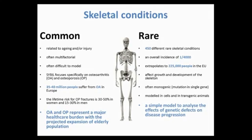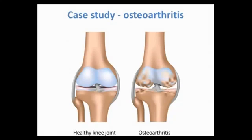They can affect cartilage, bone, or cartilage and bone, and other tissues sometimes as well. They are often monogenic, which makes them easier to model in the lab situation. They can be modeled in cells and in transgenic animals, and they often offer us a simple model to analyze the effects of single genetic defects in disease progression. So they can actually help us understand these as well. What I wanted to do for the purpose of this meeting is to show you how the rare diseases